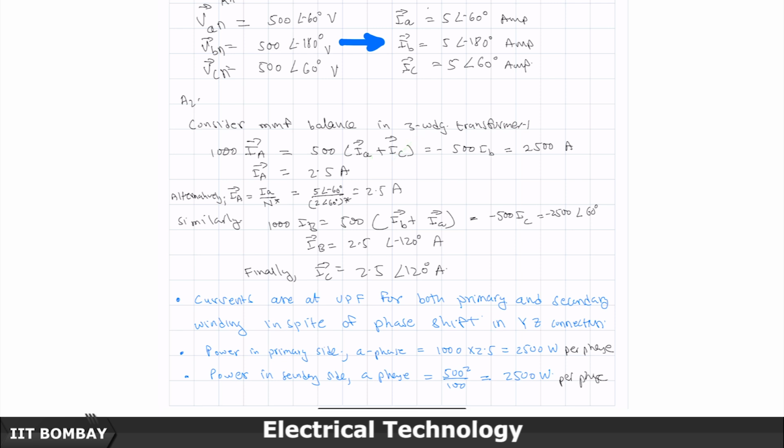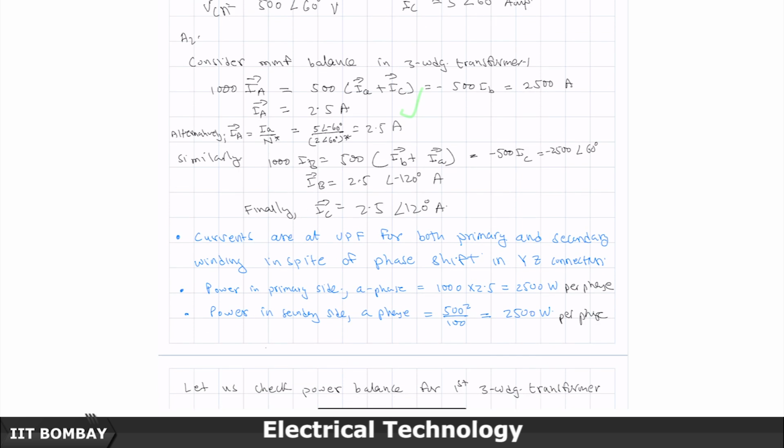You could also do this by saying that IA on the primary should be equal to IA on the secondary times the corresponding conjugate turns ratio, N star, which is 5 angle minus 60 divided by 2 angle 60, complex conjugate, which will turn out to be equal to